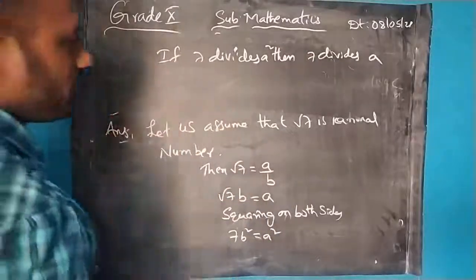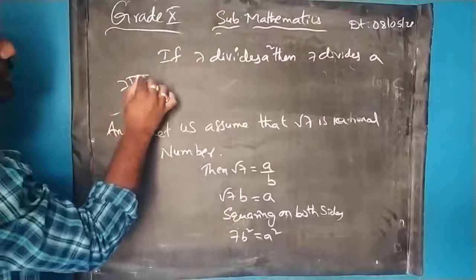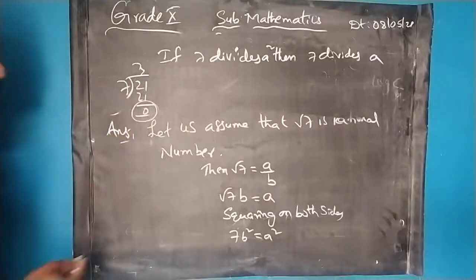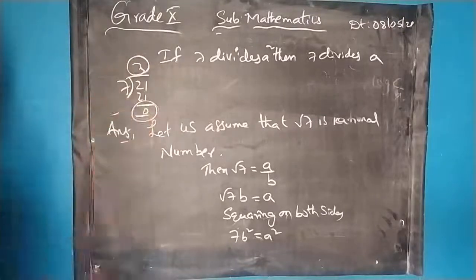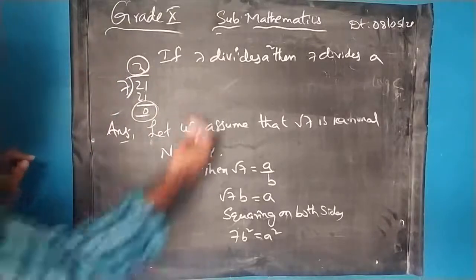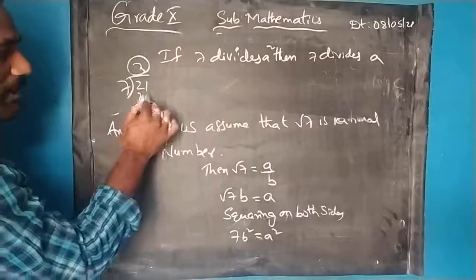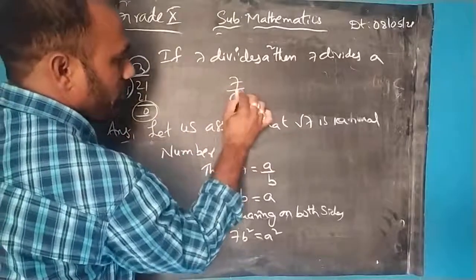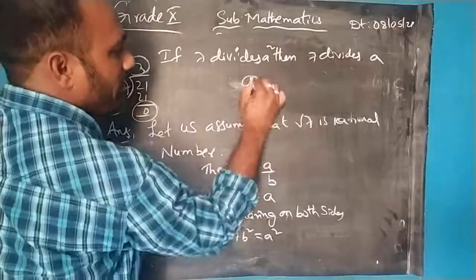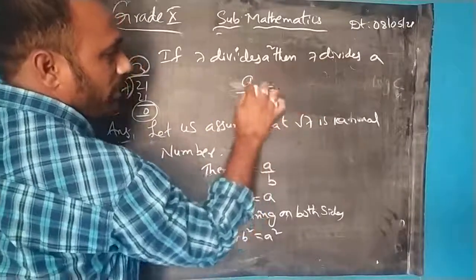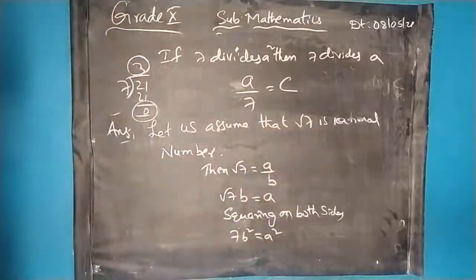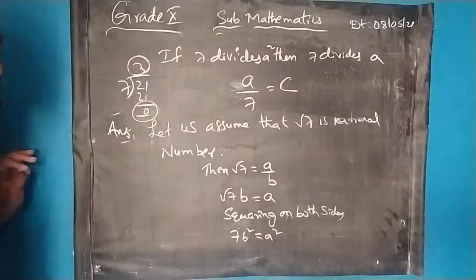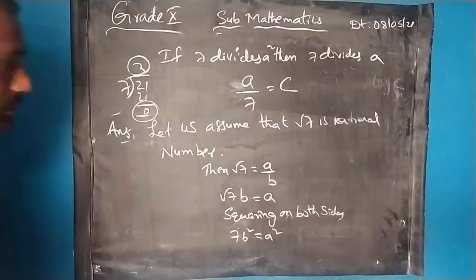So if any number is divisible, let us suppose, 7 threes are 21, remainder. So definitely we are going to get some value as a quotient. Some value as a quotient. That I am mentioning as some value as a remainder, some value as a quotient. So if we are dividing 7 by a, we get the answer as 6. Means I don't know what is the number I am going to get. I am thinking that alphabet as 6. So very important steps, these 3 steps.